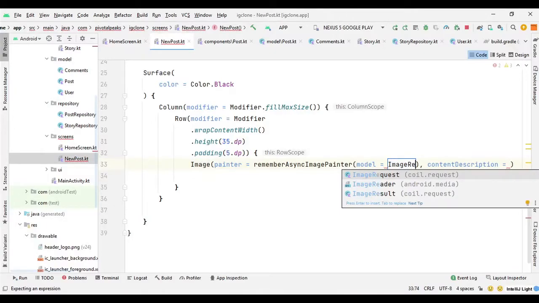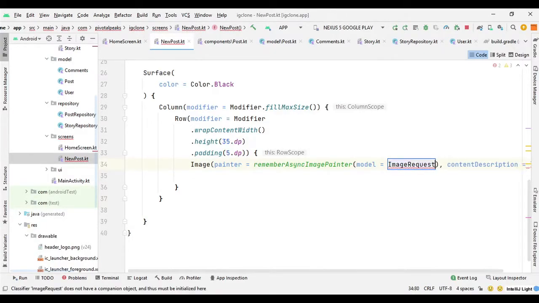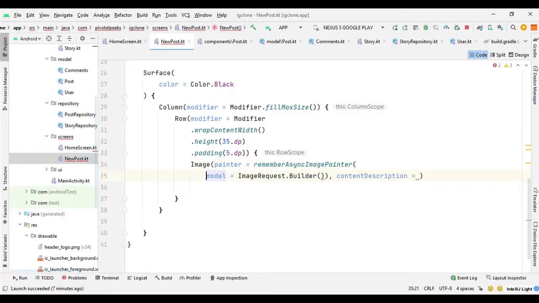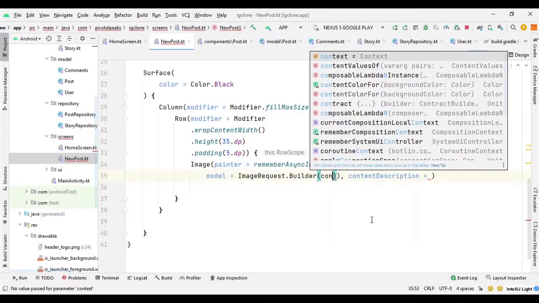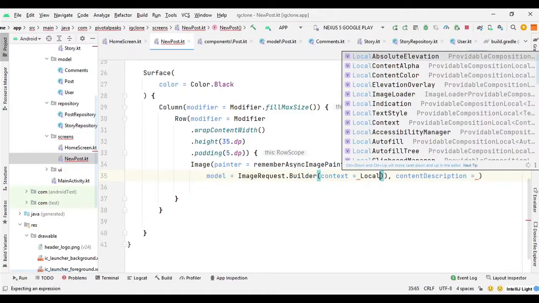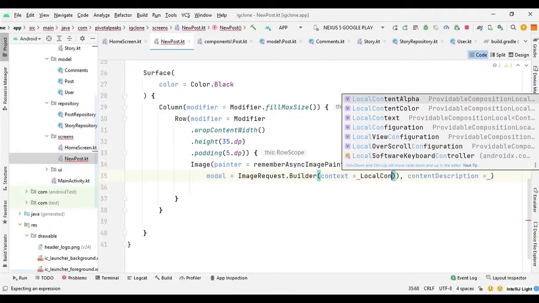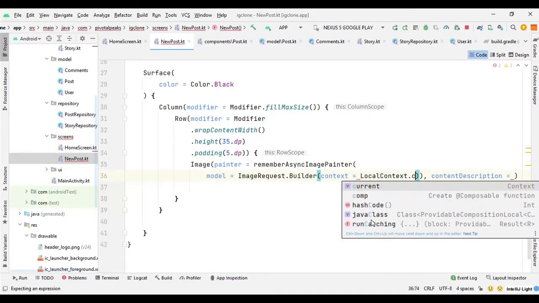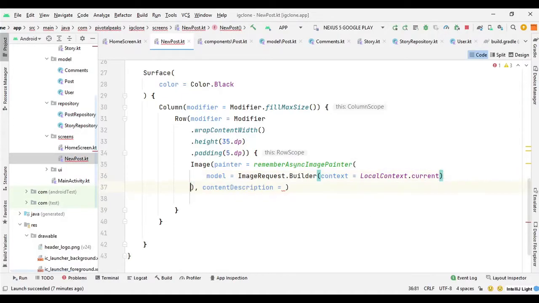So we can say ImageRequest.Builder, and here we need to provide the context. So instead of creating a value for context, we can declare and initialize it directly here. So we can say LocalContext.current, and after that we can say crossfade(true).